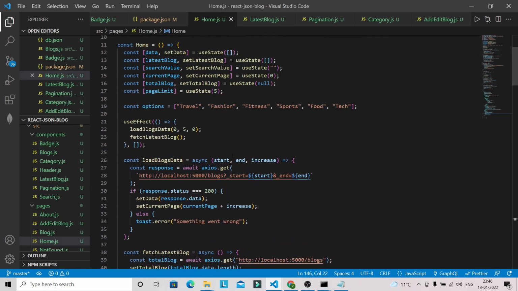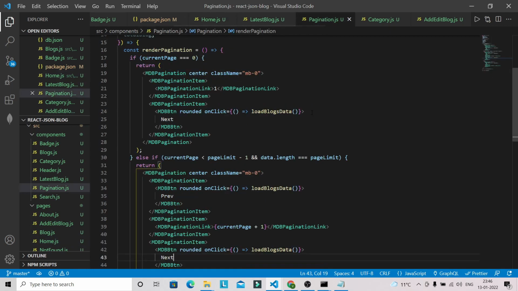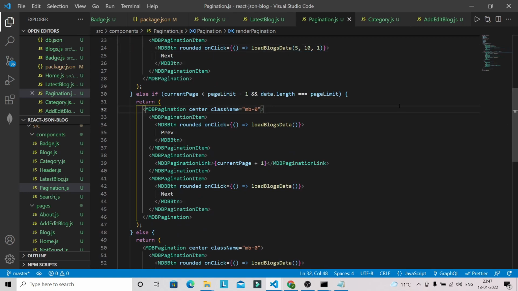So we have to provide a start, end, and increase. For this scenario we have to pass 5. So the next 5 blogs we are going to get by clicking on the next button, and we are going to increase the page. Okay,